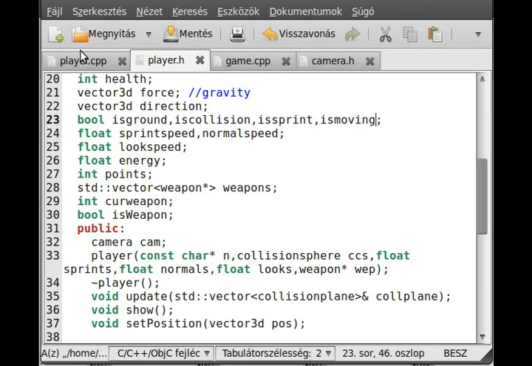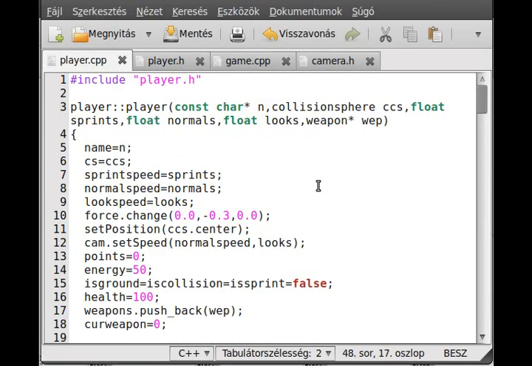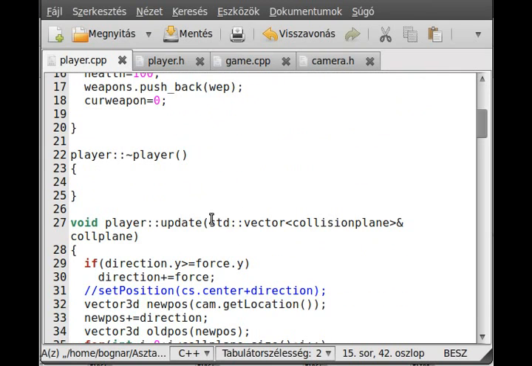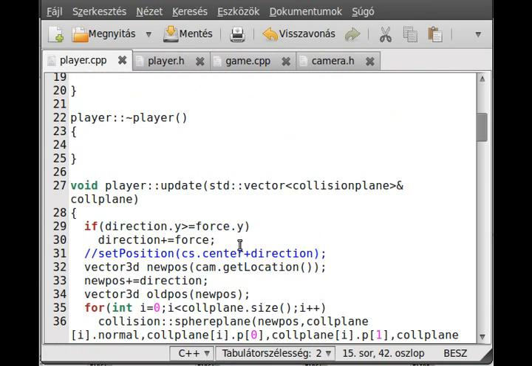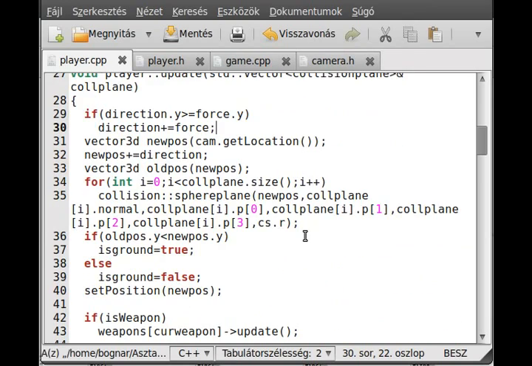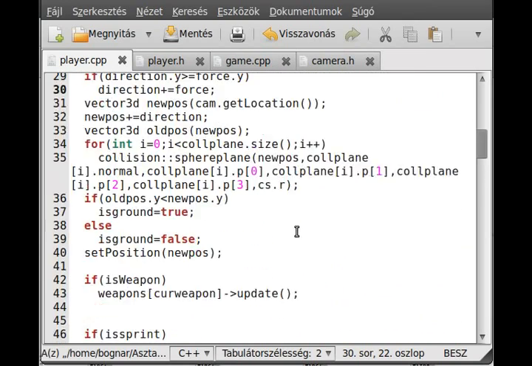So isMoving will be true whenever we moved in this frame. So when we create the player, isMoving equals false. We are not moving yet, right? So now in the update, I delete this one. Okay, so now in the update, or not in the update,